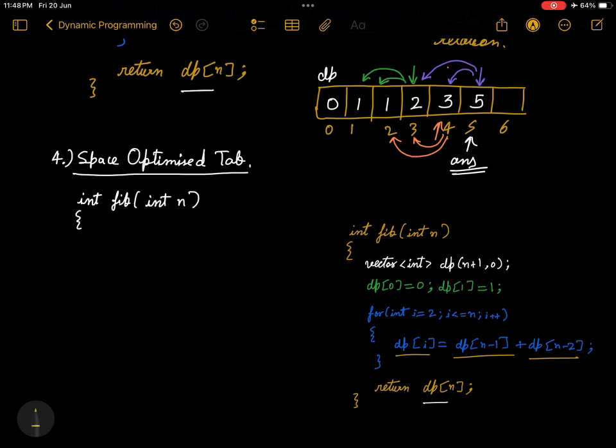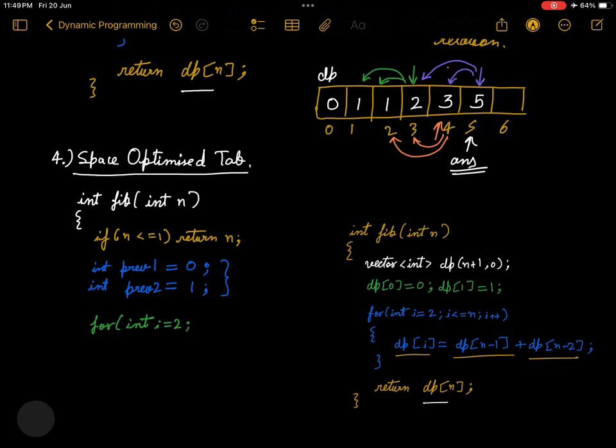Okay, so we will similarly have our function, and if n is less than equals to 1, we will return n, our base condition. What we will do is we will take two previous values, previous 1 and previous 2. Previous 1 will be 0, previous 2 will be 1. We get this from the base case condition. Okay, and then similarly to tabulation, we will run a for loop from i equals 2 to n,